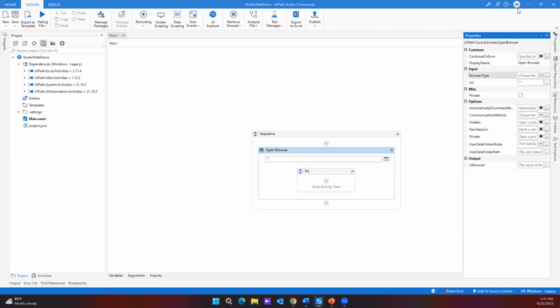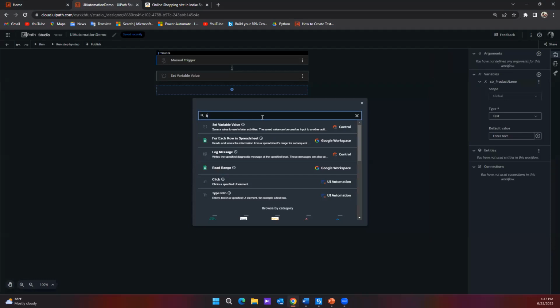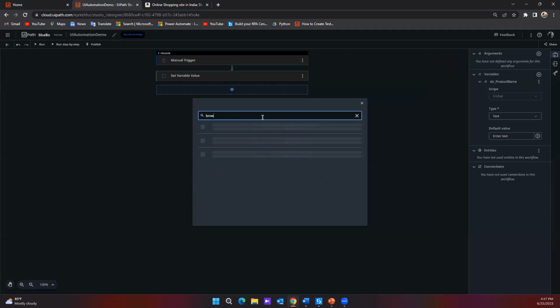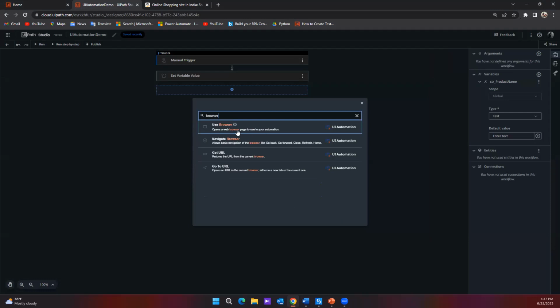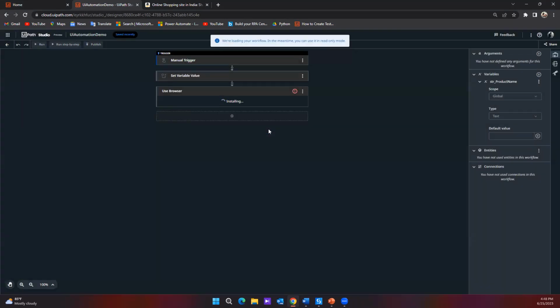Okay, now let's see how we can do this in Studio Web. Let's type browser. Use browser: it opens a web page to use in your automation. So this is what we are looking for. Click on it, and then